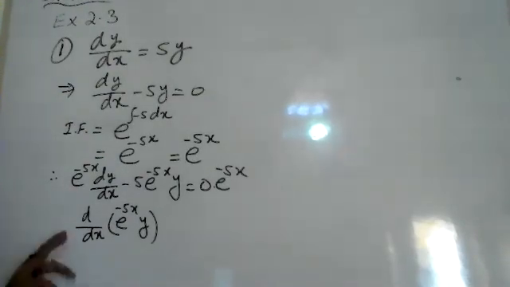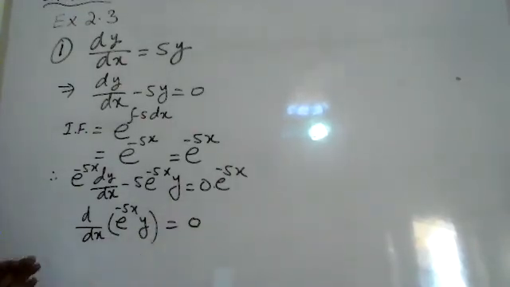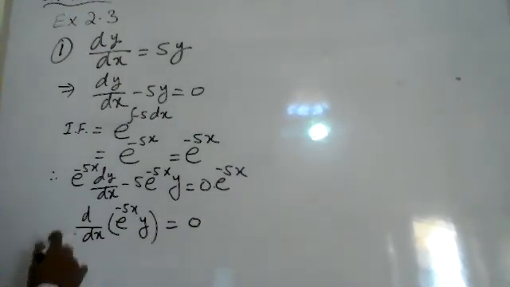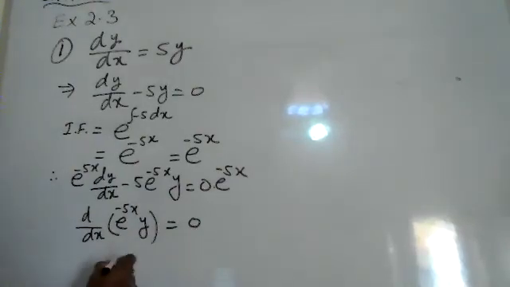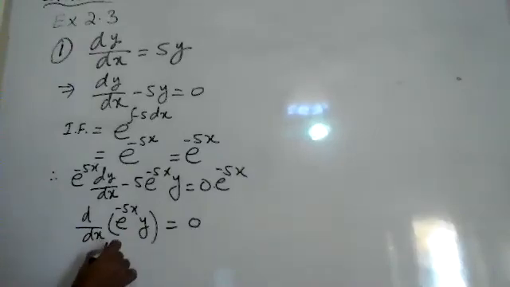So I told you this is the whole one, and 0 into this one will be 0. Now multiply dx, it will be shifted on the other side. It will become derivative of e raised to power minus 5x y